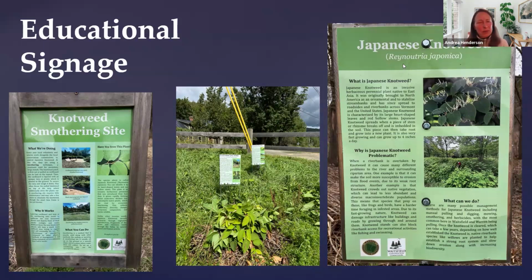I think that might have been posted up in Warren. We've got a sign here on the left with respect to the smothering sites, and have created together with the UVM interns and iterated over time with respect to the different methods that we're employing, and having these signs at various locations around the valley where the public can take a look and see what we're doing. We also take these signs along with us when we are, next slide,